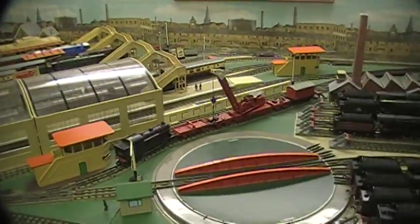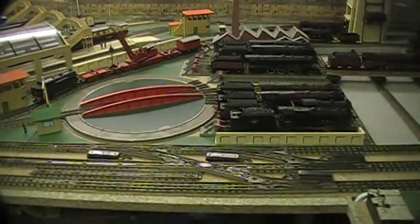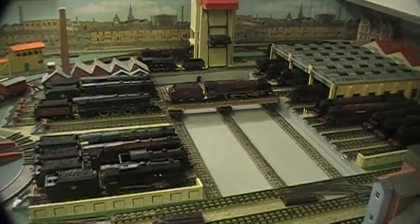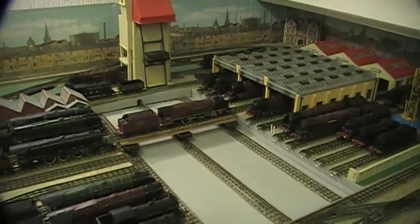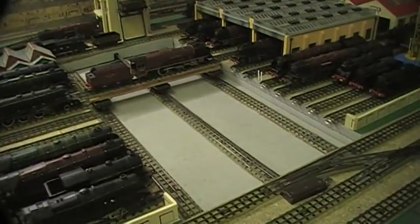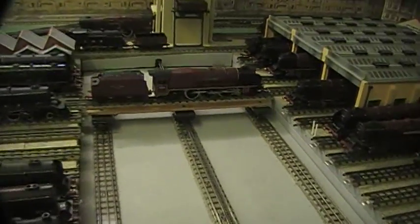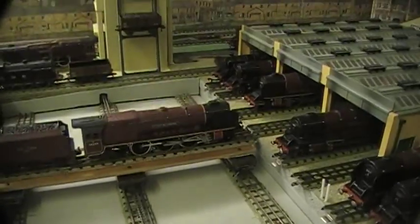Okay, now we get on to my loco service. It's for the LMS locos. I've made a little traverser there using many Meccano parts. You can see the drive chain is Meccano, and